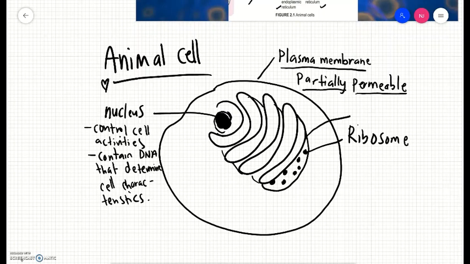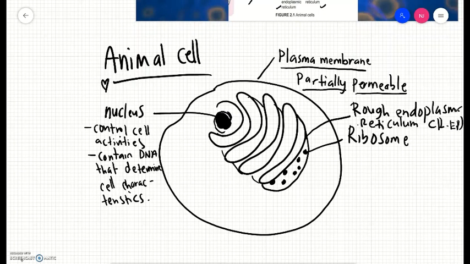So this one is rough endoplasmic reticulum. Why is it rough? Because there are ribosomes attached to it. Or this one we call it as